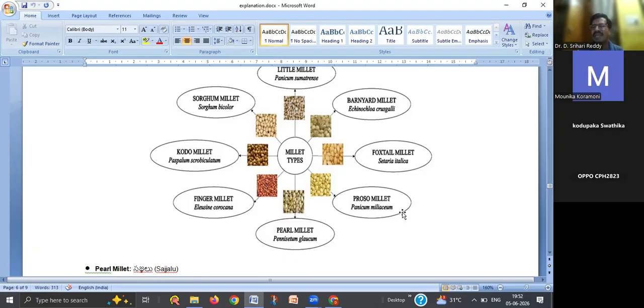Panicum miliaceum, the common name is proso millet. Okay, so you should remember all this. Just go through the common names and botanical names and Telugu names if possible. Okay, next,